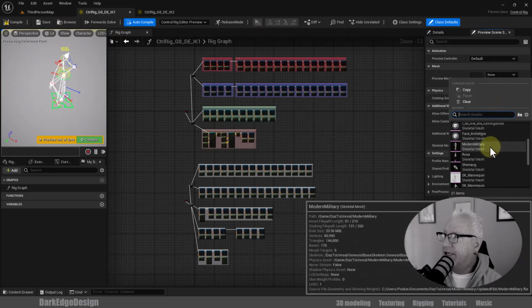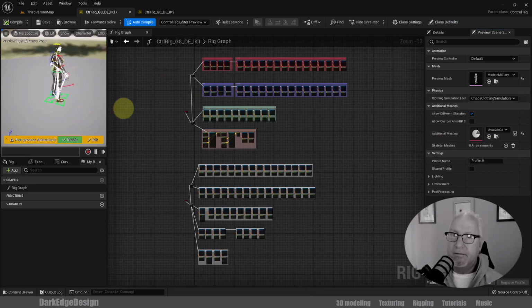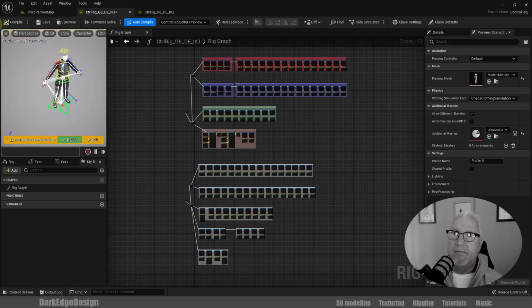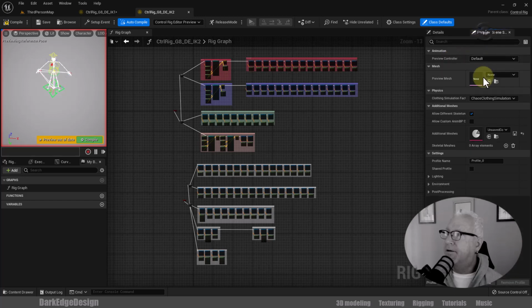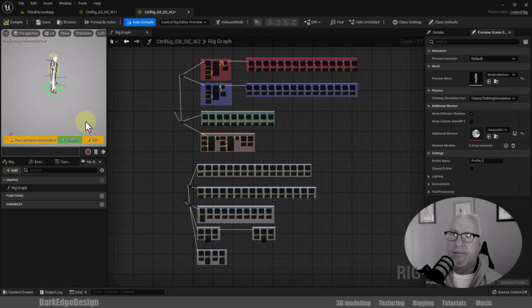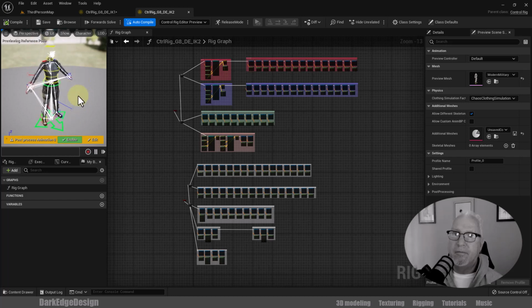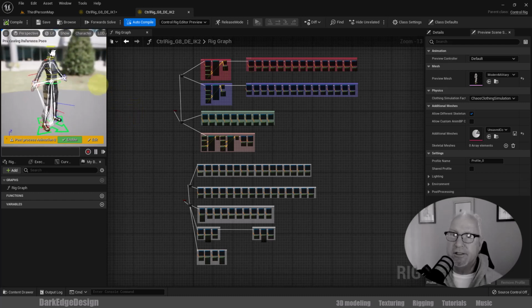And so go ahead and select your skeletal mesh. And then compile. Let's do the same for this one. Compile. And so this is a control rig, and this is what we're going to be using next inside of a